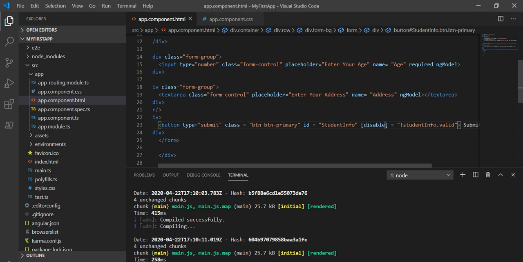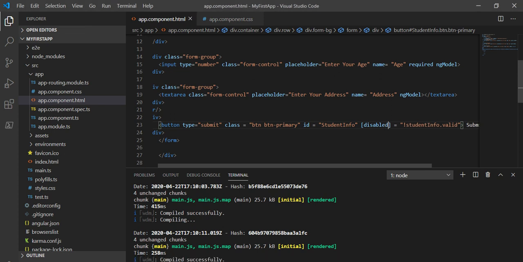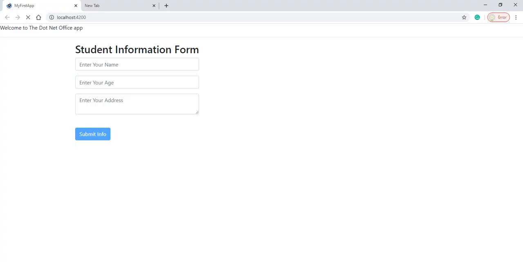Basically it is disabled. Now let's save it and see in the browser. We can see it is showing all the names, and this button is disabled, not enabled. If we enter and come out, we are not able to click on this. Now let's enter anything like ms, and it is still not enabled, but when I enter 12, we can see it got enabled. So that is the way we can make this button disabled also.